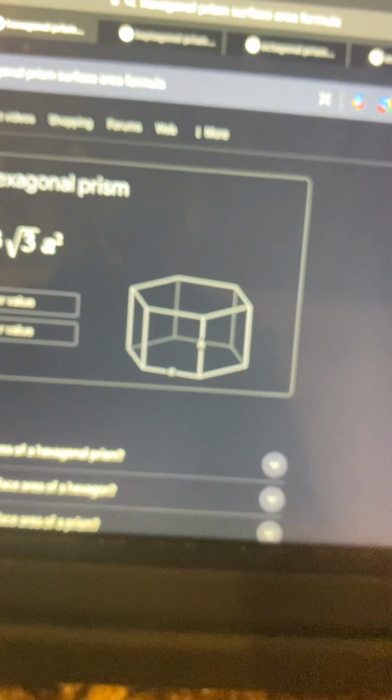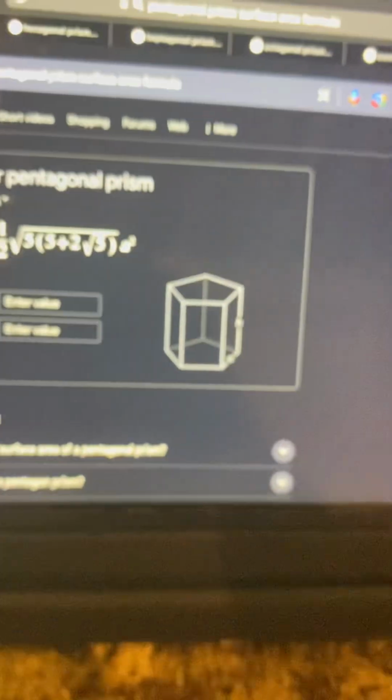The n-gon is a polygon with n sides, an unknown number of sides. So it's basically the area of one of the isosceles triangles times n, or the number of sides that the shape has. So yeah, that's pretty much how to find the surface area of any prism, but only with 5 or more surfaces,